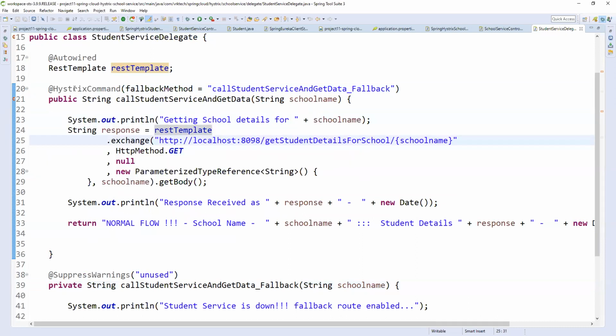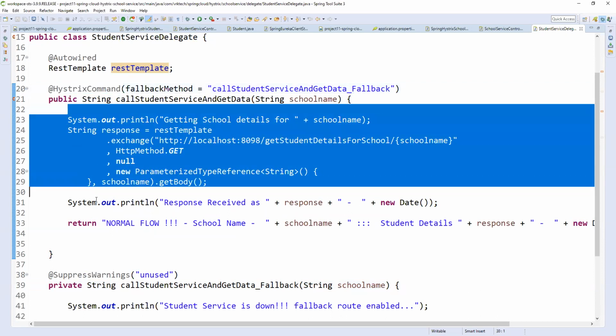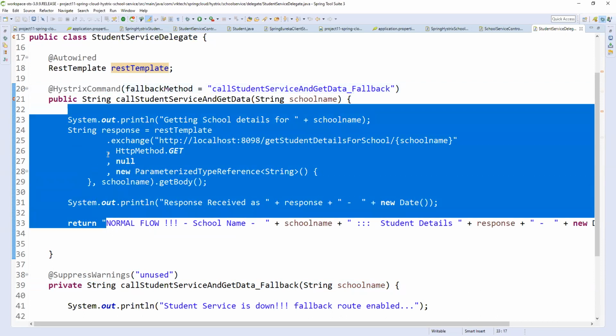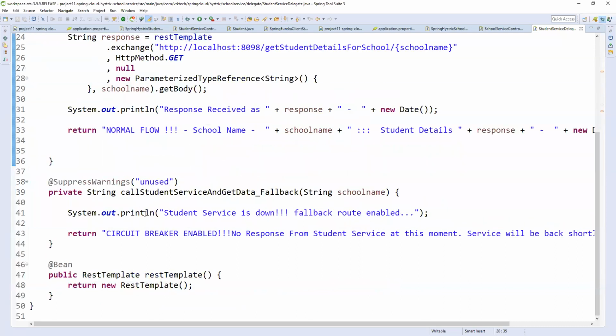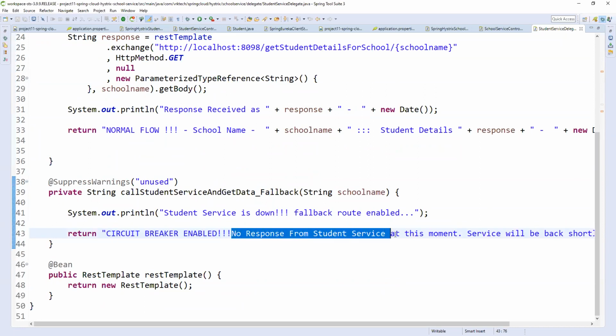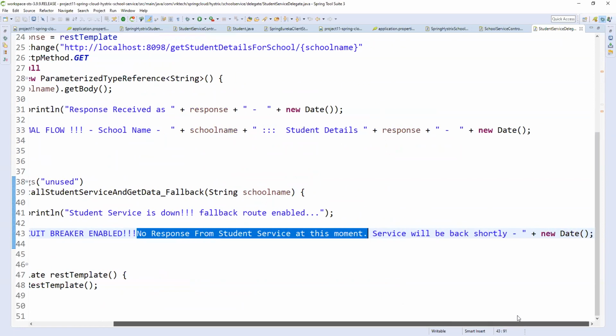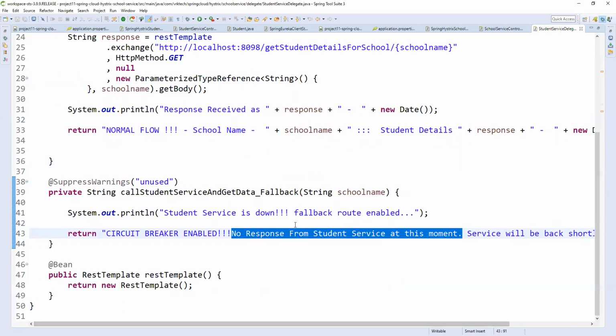If the external service is down, the Hystrix command will not allow the control inside the method. Instead, the fallback method will be called. So after that, the circuit breaker is enabled. No response from the student service at this moment, the service will be back shortly, and the current time. Like that, we can pass a positive response to the end user, and we can finish the rest of the execution of our program.